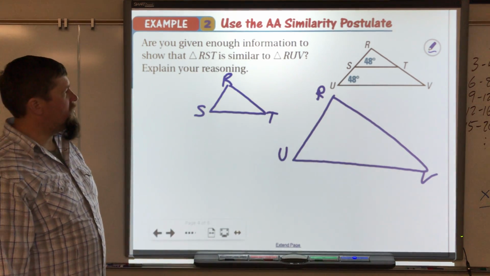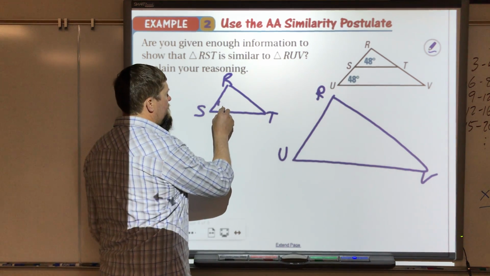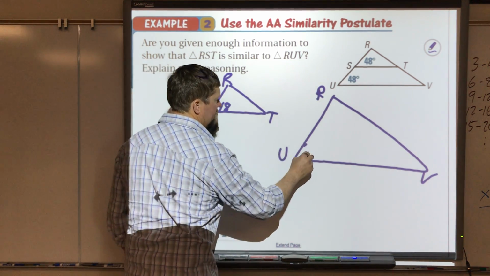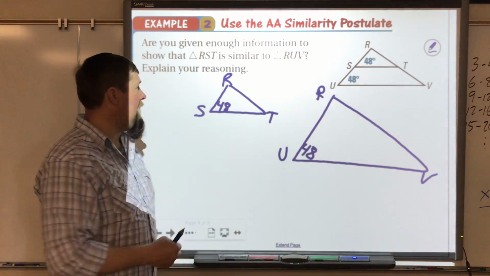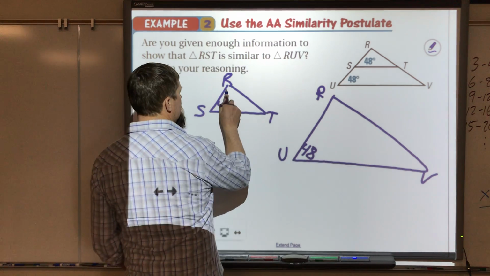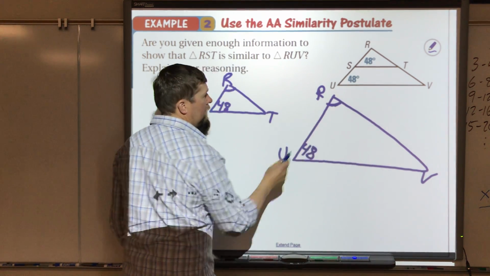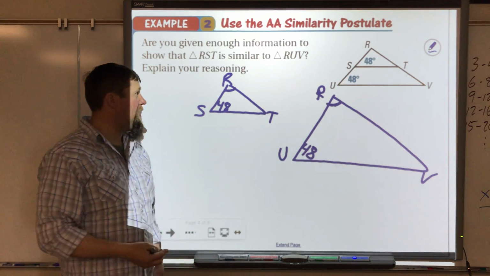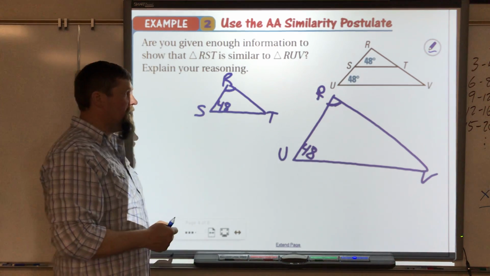So we've got two triangles, a small one and a large one. We know that this one is 48 and this one is 48. That gives us one angle. We also know that R is congruent to R. We don't know what the actual dimension is or the degree, but we do know they're exactly the same angle